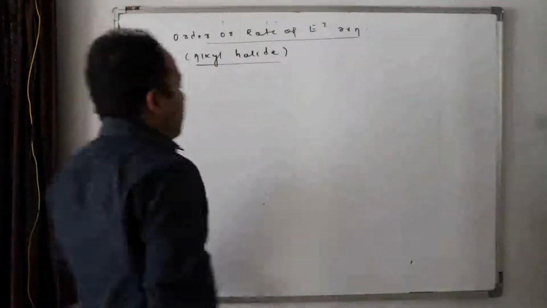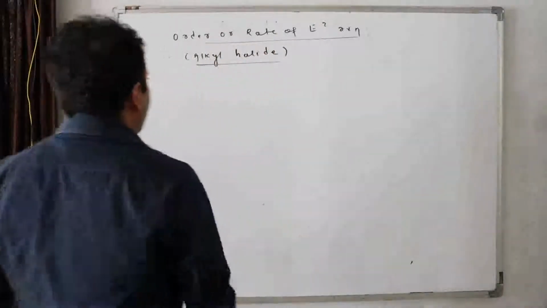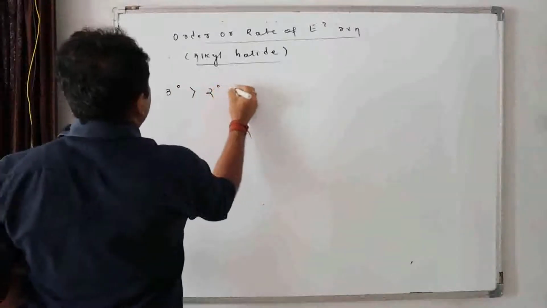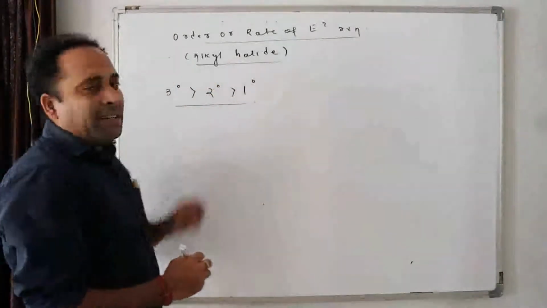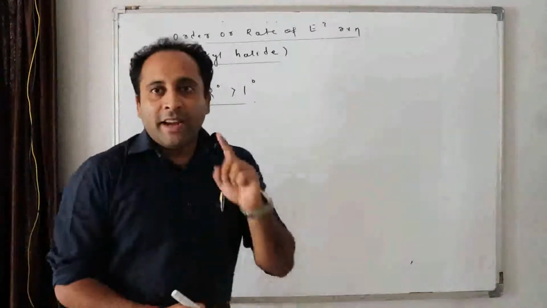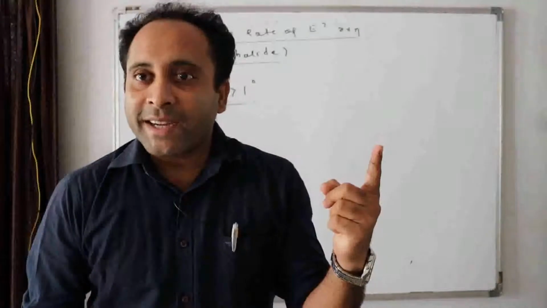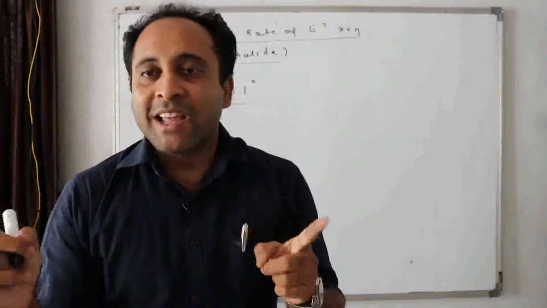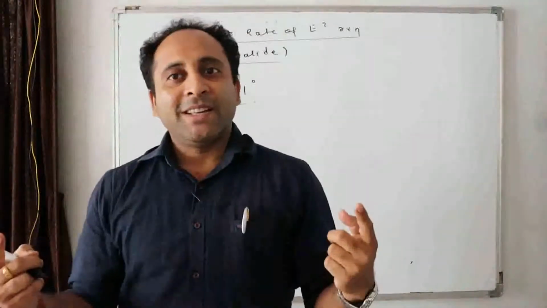Look here. What will happen in this case? In case of alkyl halide, the order followed is tertiary, then secondary, then primary. Why? Do you remember the transition state where there was a double bond character? That is, there was olefinic character. Double bond means it prefers what? Crowding. More crowding, more will be the stability.